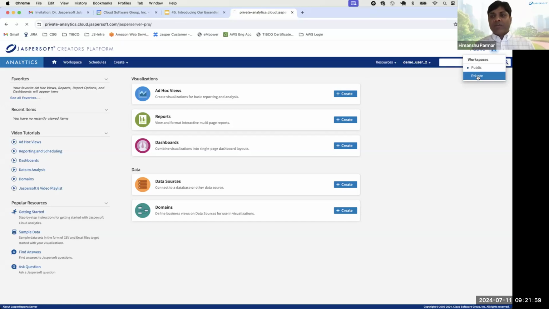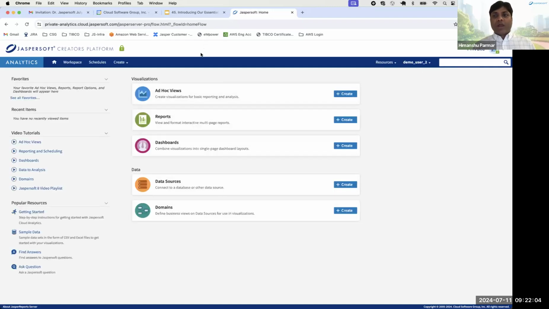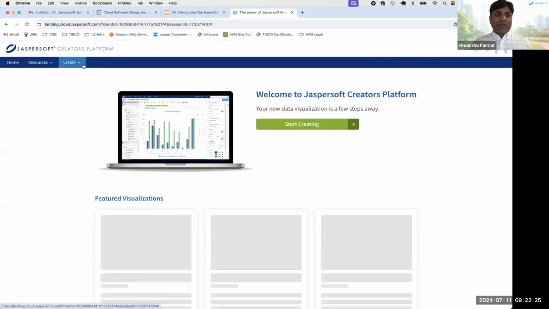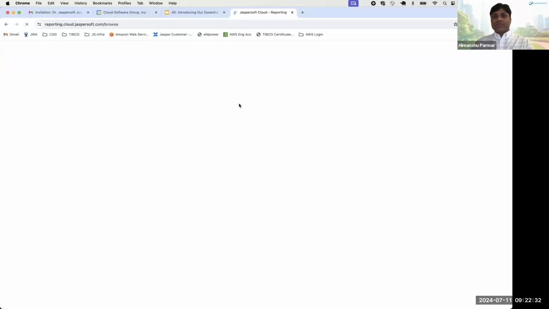Now, functionality wise, if you select the private workspace, all the options on the UI, everything would look alike. There won't be any difference. However, whatever resources you create will be consumed against your user quota, right? And whatever you create here will be private to that user only. So that's the difference between public and private. Let me go back to the home page and now show you the second option that we have, the reporting option, right? So if I go to the reporting option,